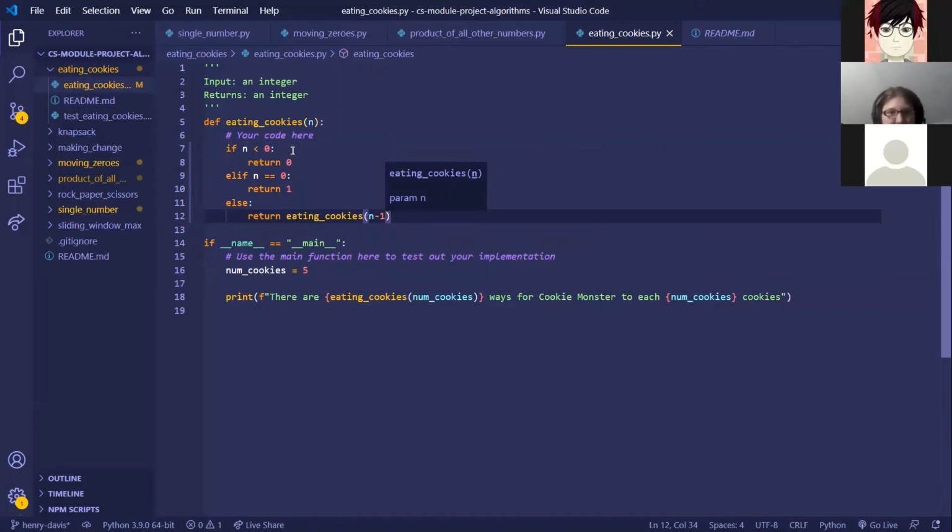Yes. Okay, so we pass in n cookies. Our base case is for n to equal 0. And the recursion is required to move toward the base case. In this case, we're going to eat 1 cookie, so that's n minus 1. Right. Okay. And then,